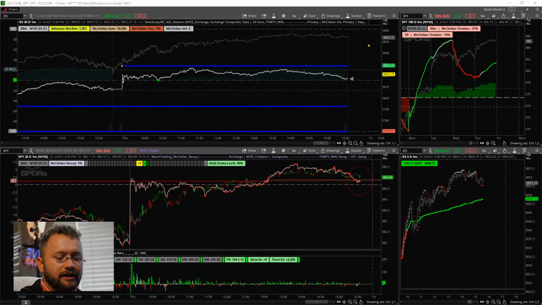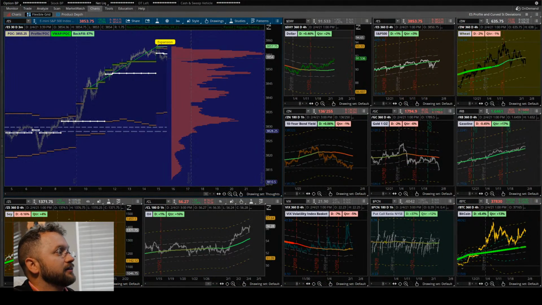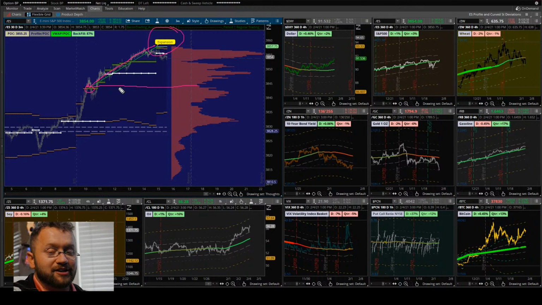We can take a look at this indicator, which I think is interesting. We currently have an expansion. Now this is where it started, so there is an expansion target down here. What's important about expansions is that they don't tell you time. You know that this is a target, but we don't know how you get to that target.